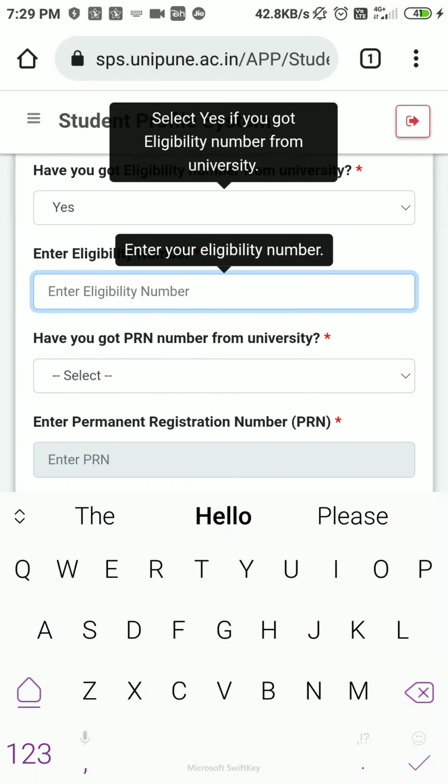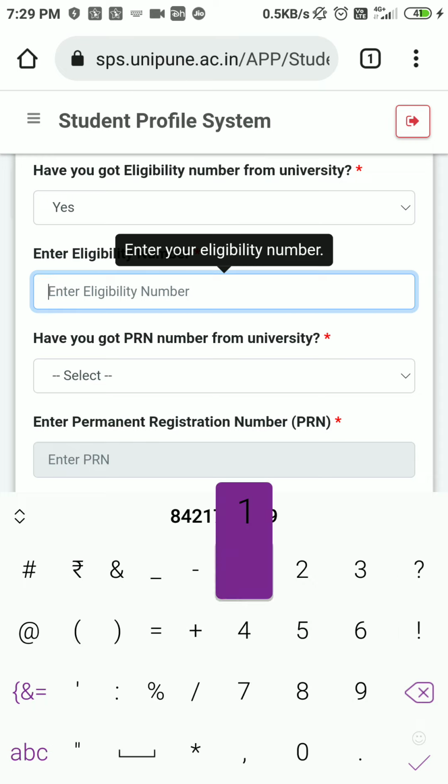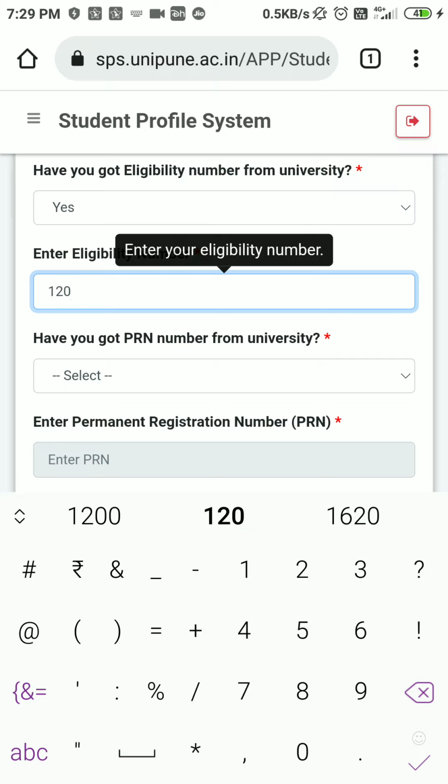So see students, Gaikwad sir has sent you one PDF with your eligibility number, so you can find it there. I will enter it.